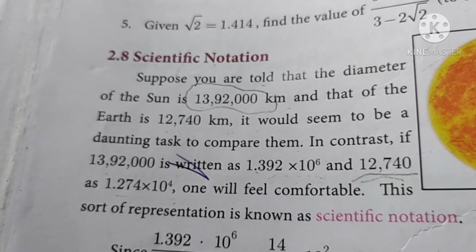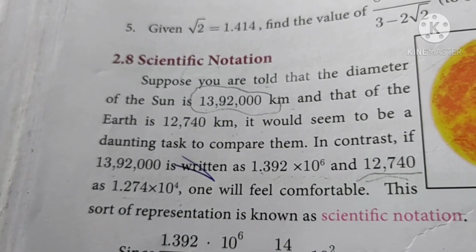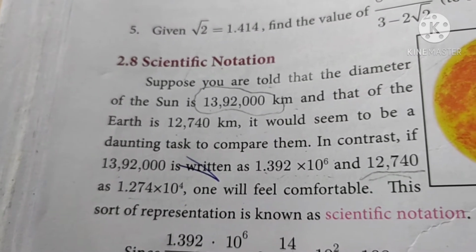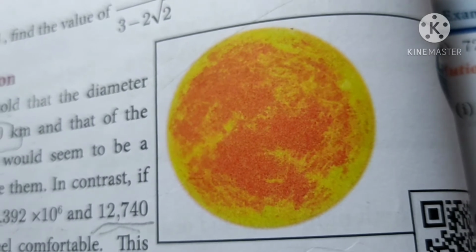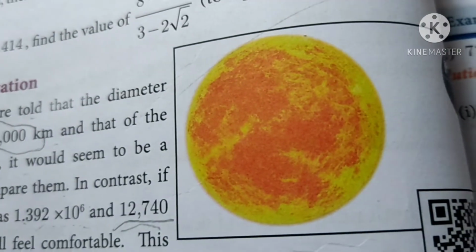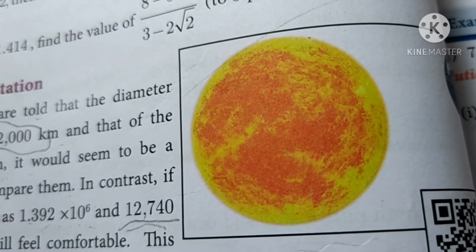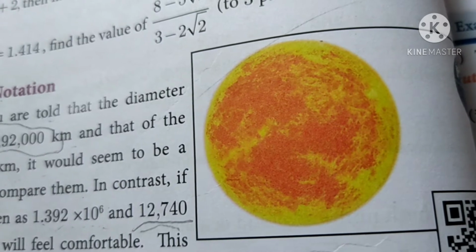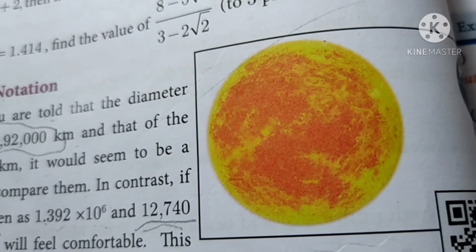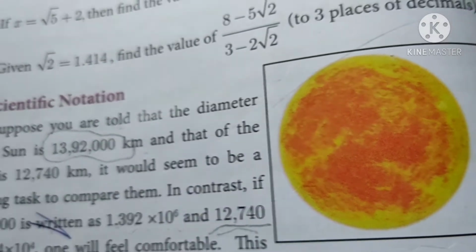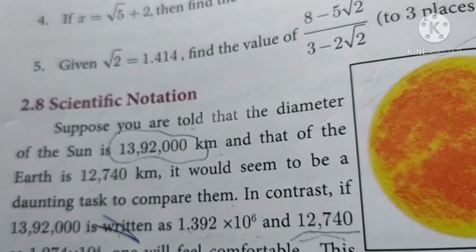Scientific notation is used in many branches: astronomers, biologists, engineers, physicists, and across quantities whose measures require very small or very large numbers. If they write the numbers in standard form, it may not help us to understand or make computations easily. So scientific notation is a way to make the numbers easier to work with.